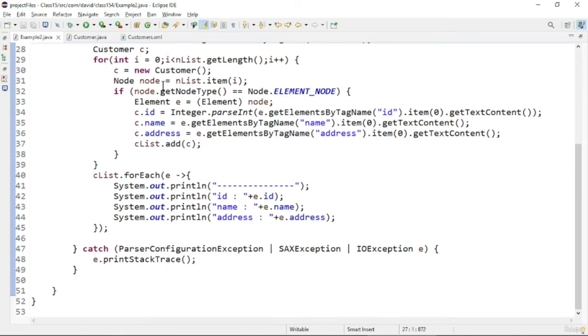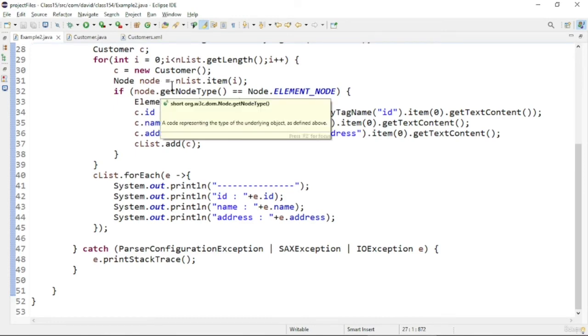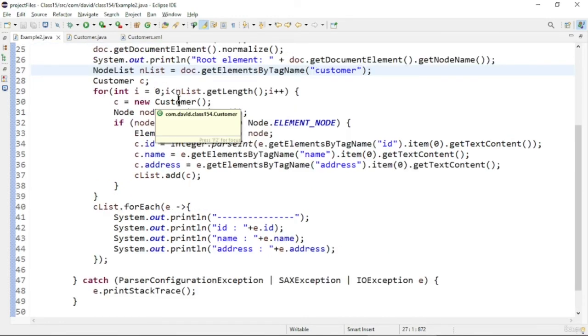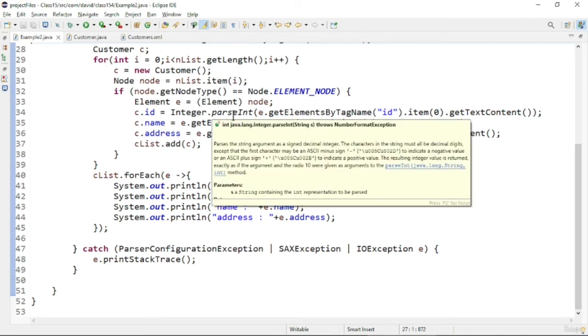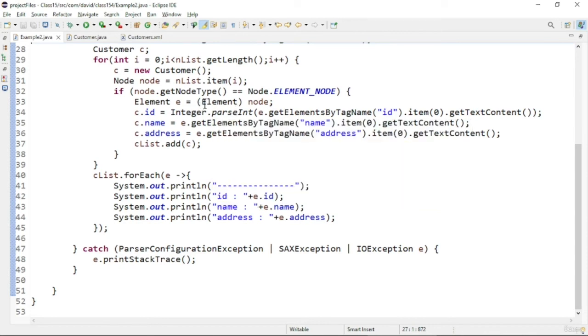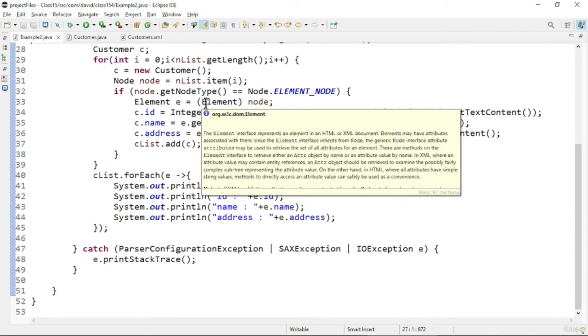After that I will use a for loop. The node list is not iterable, so we have to use a for loop to go through each element, and then I will cast these nodes back to element, and then do the operations to parse the particular values into the structure.